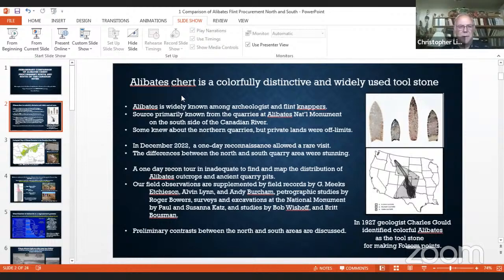In December of 2022, as I indicated, several of us got the opportunity to visit with the new ranch owner to look over a small part of their property. Obviously, you can't make broad generalizations on one day's worth of reconnaissance. We've been invited to come back out and take further examinations in the future, but